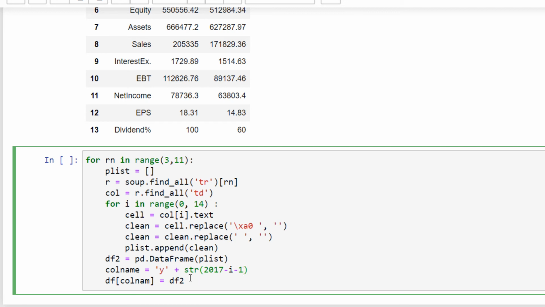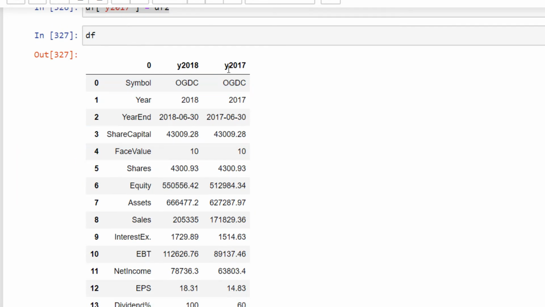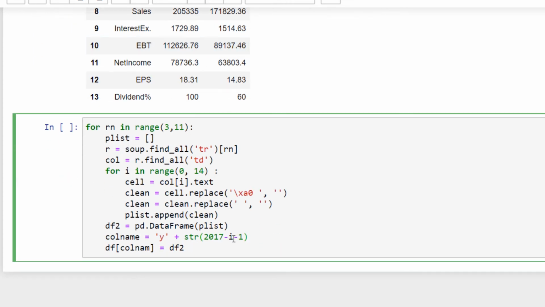And the str function converts these numeric values to string, so once it gives us 2017, it will be converted to string. So it will be merged with y. So ultimately it should look like y 2016.